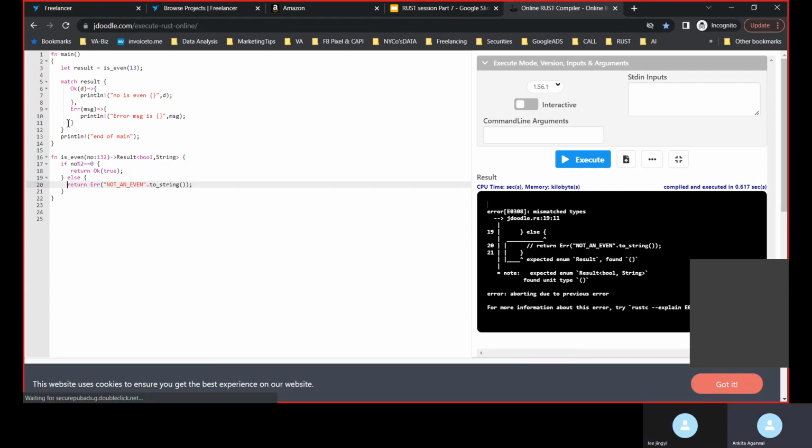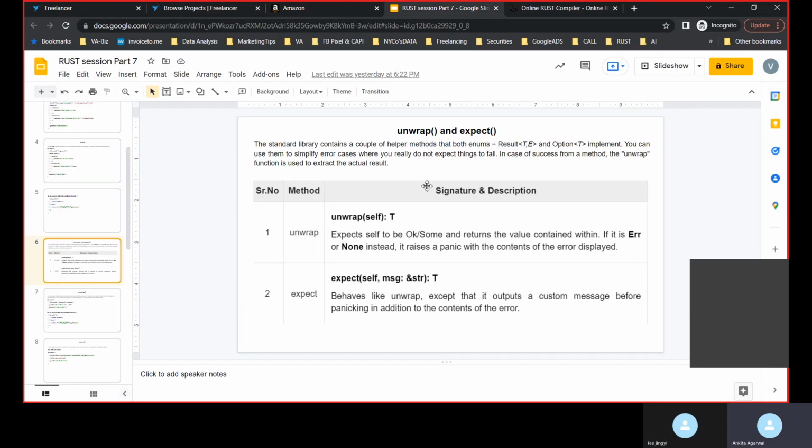Yeah, clear. Do you want me to do more changes here and see how it will behave? No need. I think I understand. No need to do. All right. We have a few more